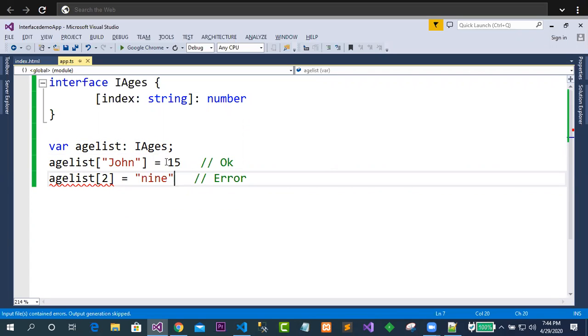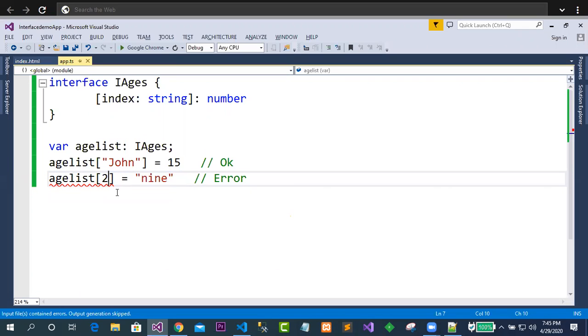In this case, it is showing the error. Why is it showing the error? Because the first line of code is good. What exactly have we taken care of? This is the name of this array, and here we have placed the key. What type of key is this? String kind. Yes, we have passed the string. Now this is 15. It is number kind. So this is possible to take, but this is not possible. Why? Because this key is only taking care of string kind of value, but here you have taken integer, or number kind, of value. So this is not possible. I get you my point.